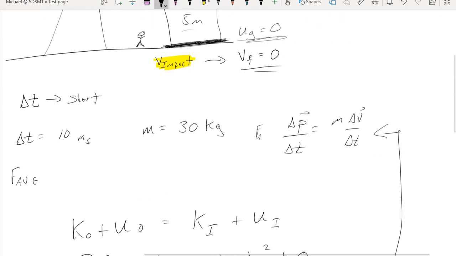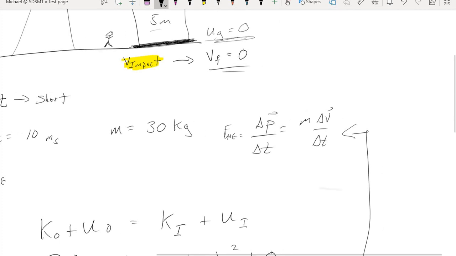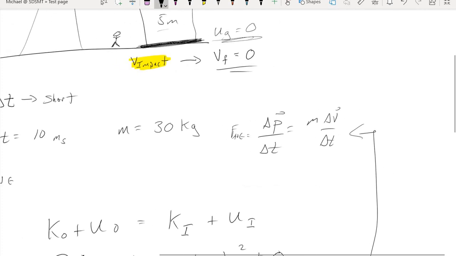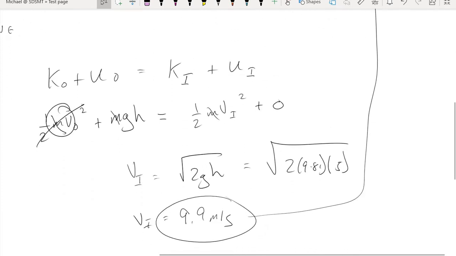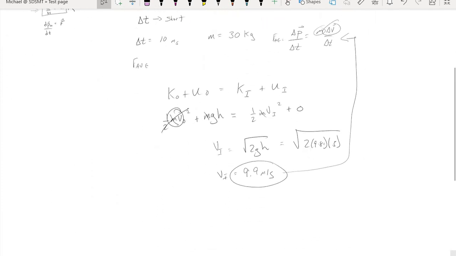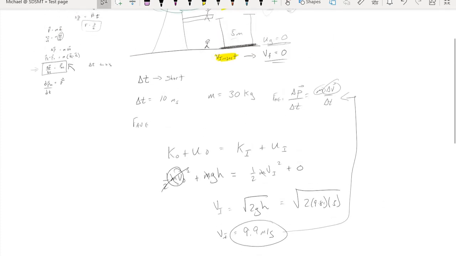That's exactly what we have written over here, only we're going to use the change in velocity times the mass. All right, here we go. Mass of the child is 30 kilograms. The change in velocity, delta V, is